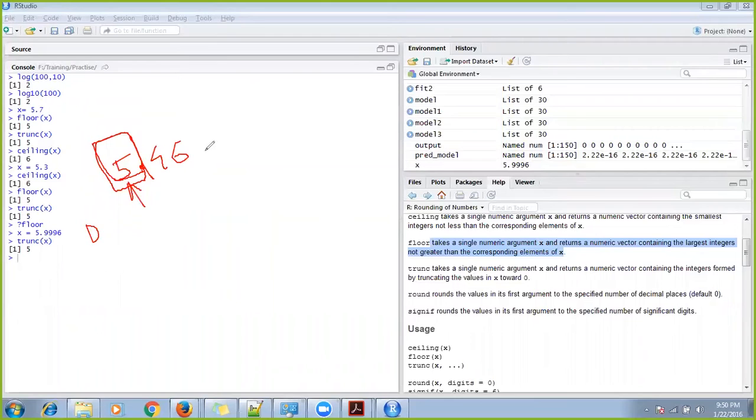But in trunc, it cuts out all the decimal places, and whatever is left to the left of the decimal, a complete number, it gives you. Ultimately, floor and trunc will give you the same value always. If you find it is different anytime, please approach me. But as far as I believe, it will give you the same value every time.